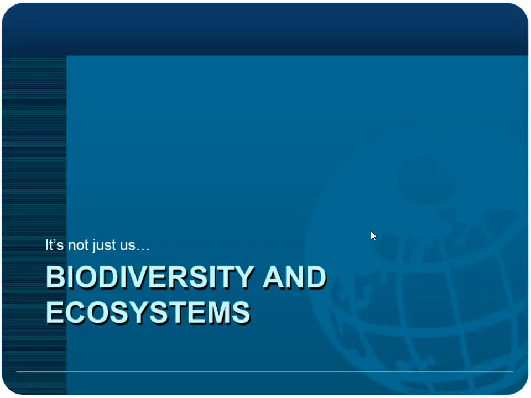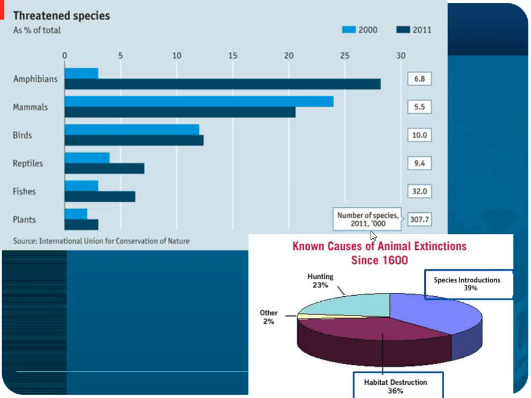Okay. And it's not just us. It's going to be all biodiversity and ecosystems, yeah? And so threatened species, part of the threat to many of these species is not just us in terms of overhunting and overexploitation and other types of biodiversity loss, which we'll talk about in the next unit, but it's the climate change, right? Amphibians are very sensitive. They're indicator species. They're very sensitive to these changes, right? As water precipitation patterns are changing, you're seeing an increase in the endangered and threatened species.